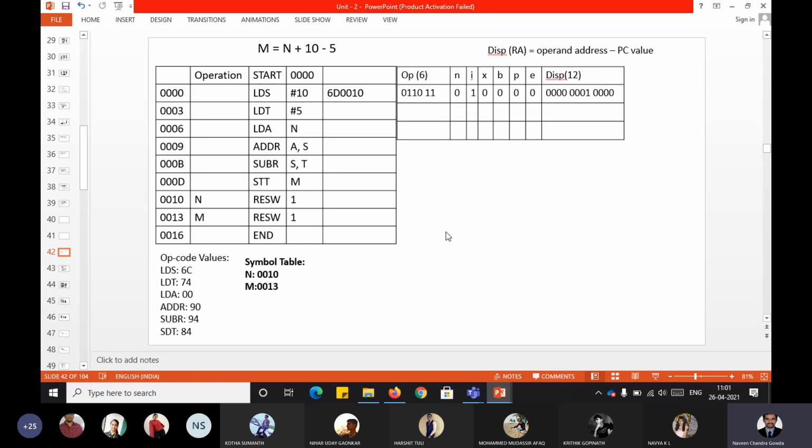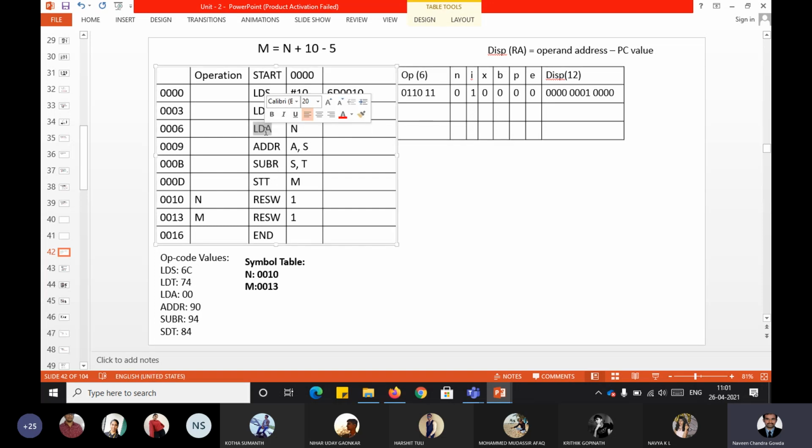Okay, I hope you are understanding. If you are not understanding, please ask me. Now, LDT hash 5, I'll come to that later. I'll directly take you to LDA n, because I want you to understand the actual concept of relative address or the displacement, whereby we'll be setting the P and the B. So in that perspective,